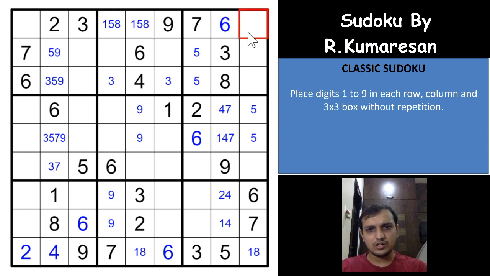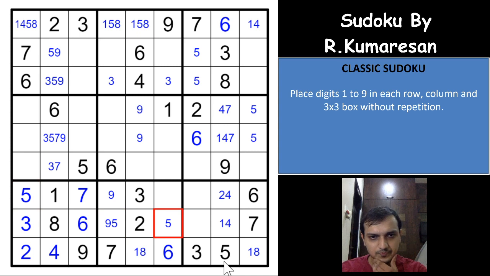5 is already here and 8 is already here. It has to be 1 and 4. And 1, 4, 5, 8 would be here, right? And okay, there are only 3 digits remaining here, which are 3, 5 and 7. 7 is already here, so 7 has to be here, and 5 has to be here, 3 has to be here, because of the 3 here and 5 have to be here, right? Which gives you a 5 in one of these two cells in this box.